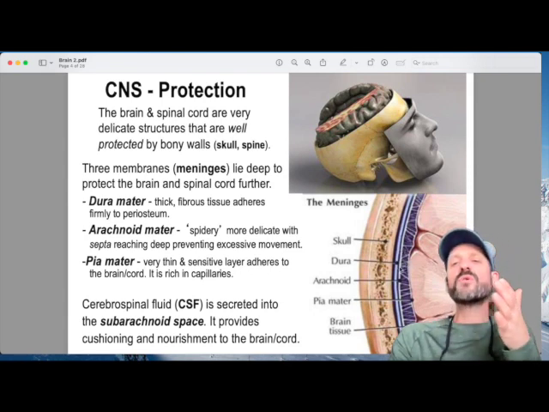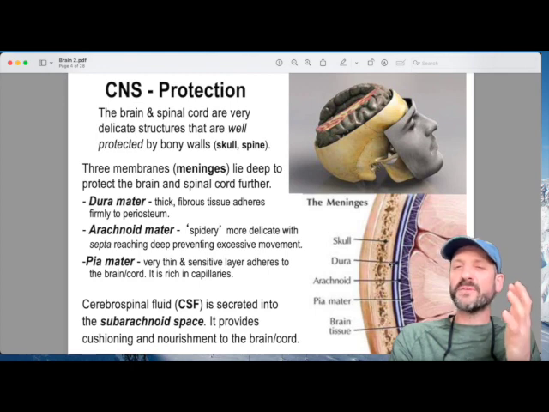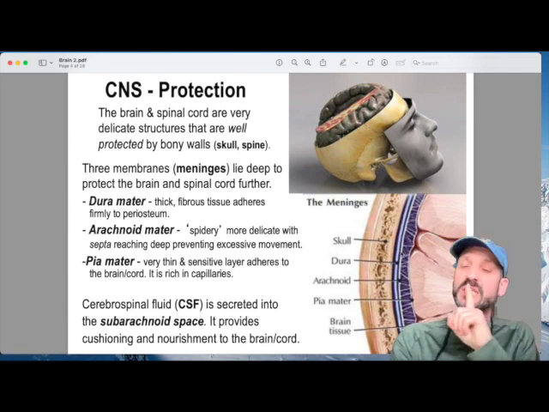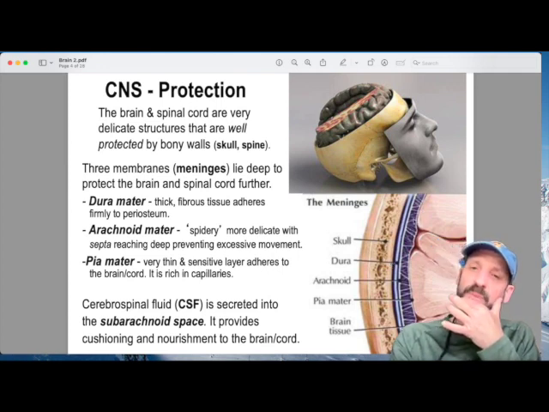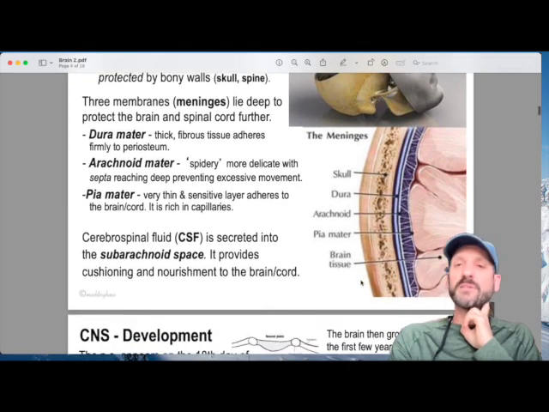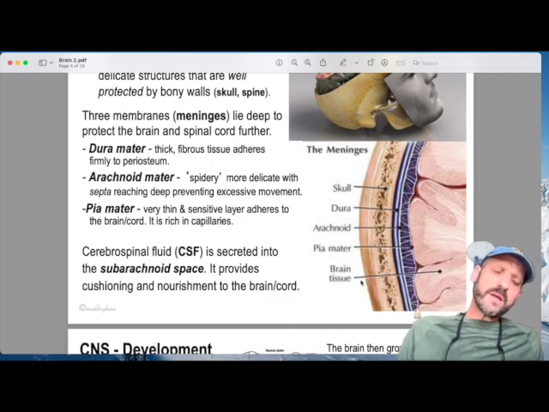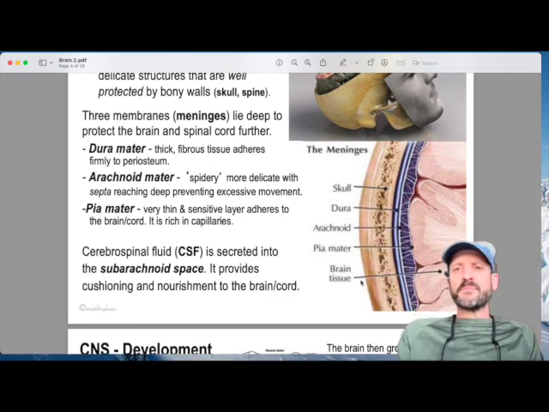The further out we go, usually when we have protective layers, the innermost ones are delicate, and the outermost are leathery and tough and protective, physically that way. And in the brain, the uniqueness is that we have a space in between the outer layers and the inner layers of the protection, and inside that space we have fluid, called the cerebral spinal fluid, and that essentially makes the brain weightless, like in liquid, and so that helps the brain not to collapse under gravity and makes it able to